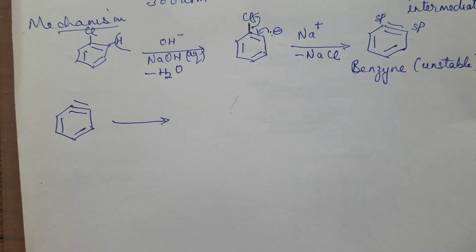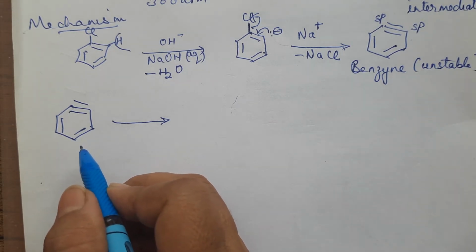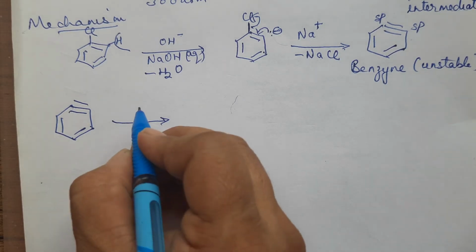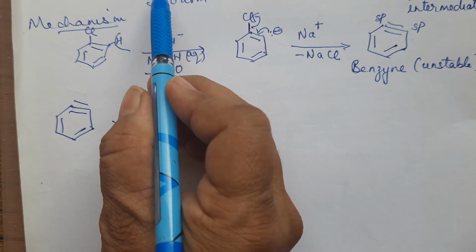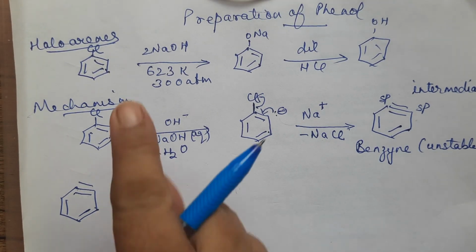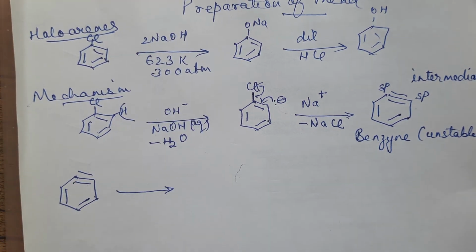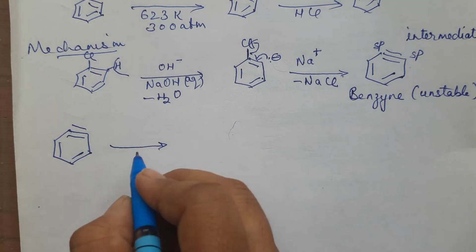Now because it is not stable, there is a strain in the molecule. There will be another NaOH. I wrote 2 NaOH in the beginning, on the top. So here I have written 2 NaOH. So 2 NaOH molecules are there attacking. How will they be attacking? We will be writing here.